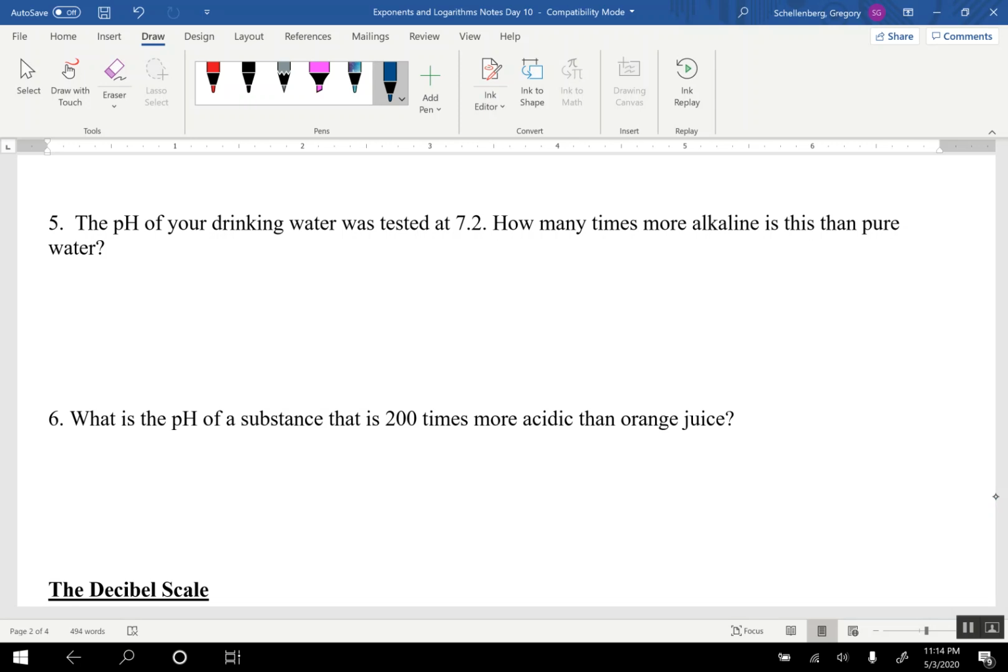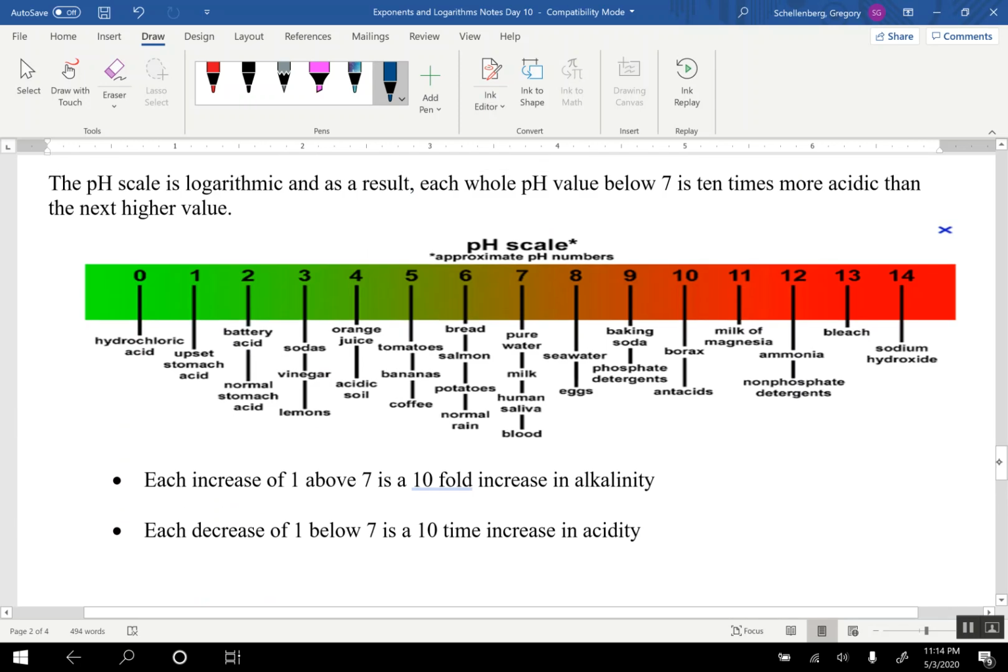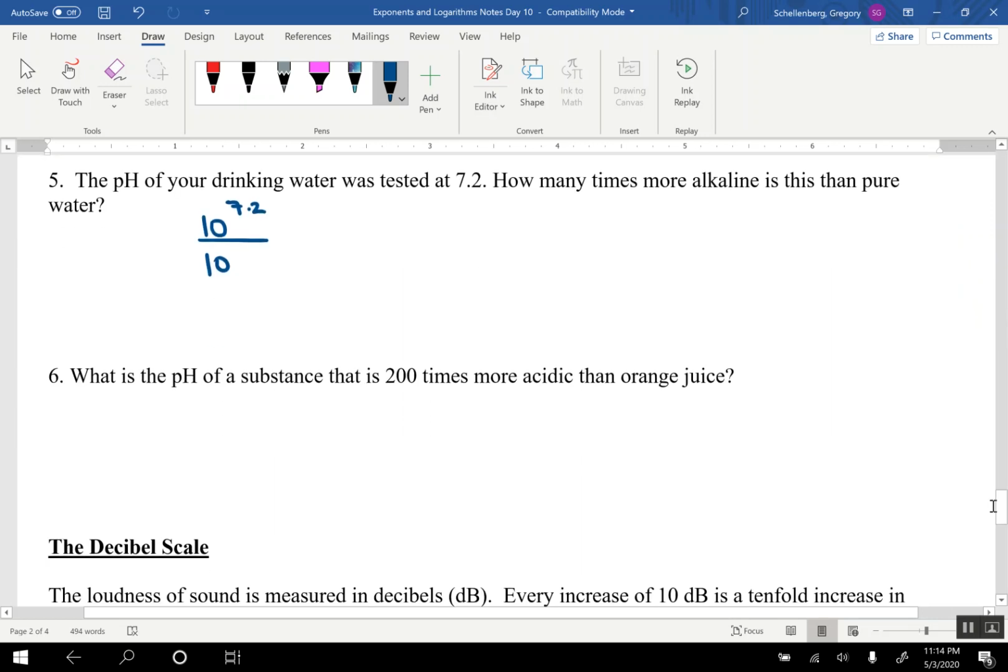Okay, so we're going to do 10 to the power of 7.2 divided by, and actually if we go back and we look at the scale here, a pH of 7 would be considered pure water. So we're doing 10 to the power of 7.2 divided by 10 to the power of 7.0. And again, we can use our division law of exponents here. We get 10 to the power of 7.2 minus 7.0,